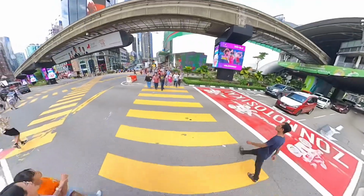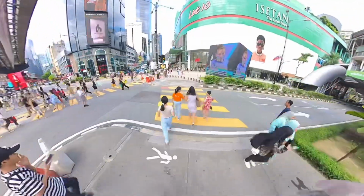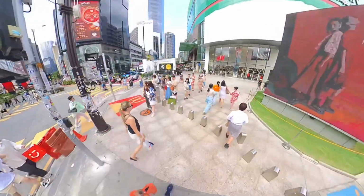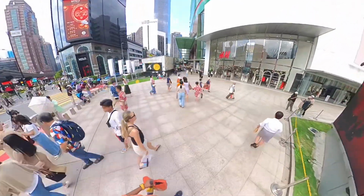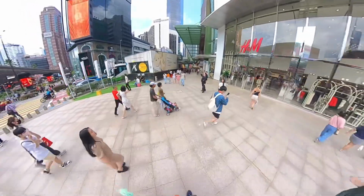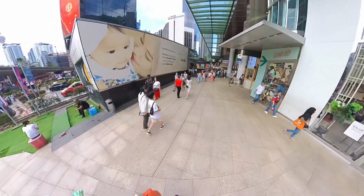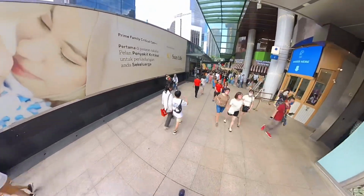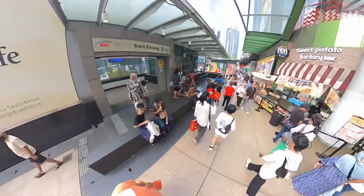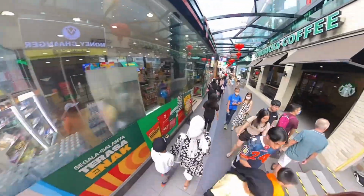We're crossing here and then we're going to walk down Jalan Bukit Bintang, and this is going to take us to our hotel. There's tons of shopping to be had in this area between the Pavilion and other malls along the walk. First store we're passing here on the right is H&M, very large H&M store here. And then tons of little cute food markets and places to eat over here on the left, including like FamilyMarts and 7-Elevens as you're walking along. Tons of art and vibrant colors to see, very busy,